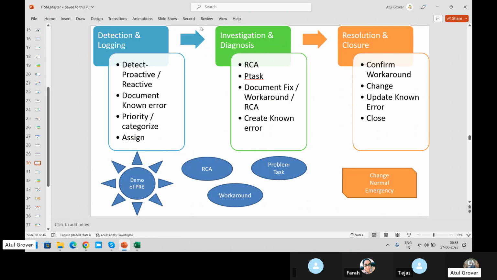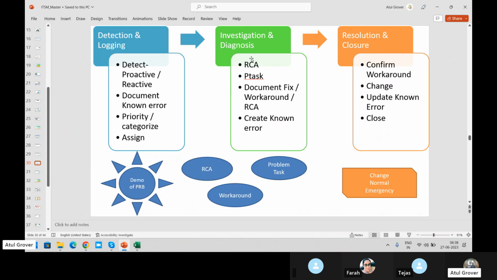Then we go for the investigation and diagnosis. You investigate, you find the diagnosis of why it happened. For this, you use the RCA. For the RCA, we can use multiple techniques given by ITIL: 5 Whys, 80-20, Ishikawa, Fishbone.